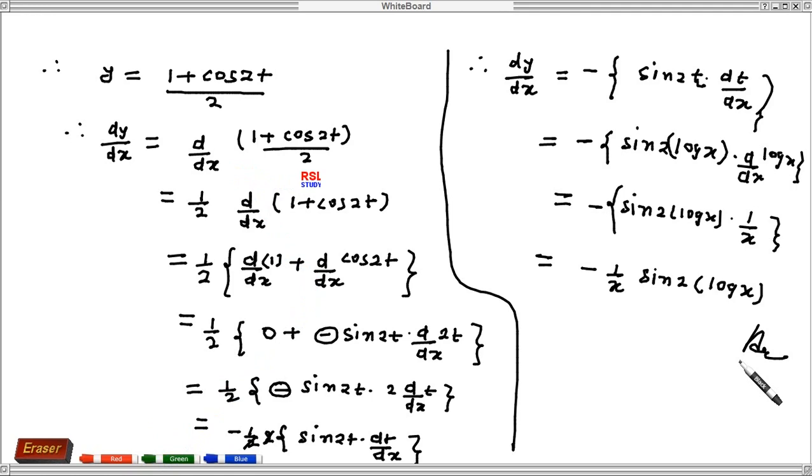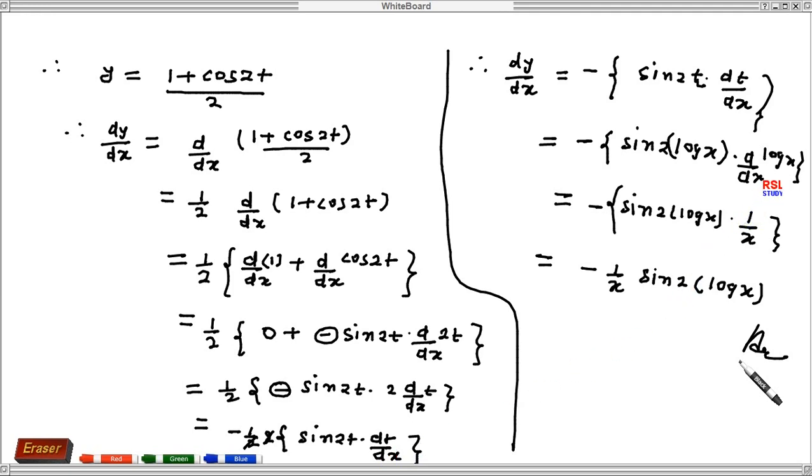So here 1 by 2 is taken as a multiplicative factor, and this is u plus v. So we will break this, and d/dx of 1 will be 0, because the d/dx of a constant term is always 0, and d/dx of cos 2t will be minus sin 2t, and for d/dx of 2t, this 2 will be out, and d/dx of t. So finally like this, just solving, we get dt by dx,